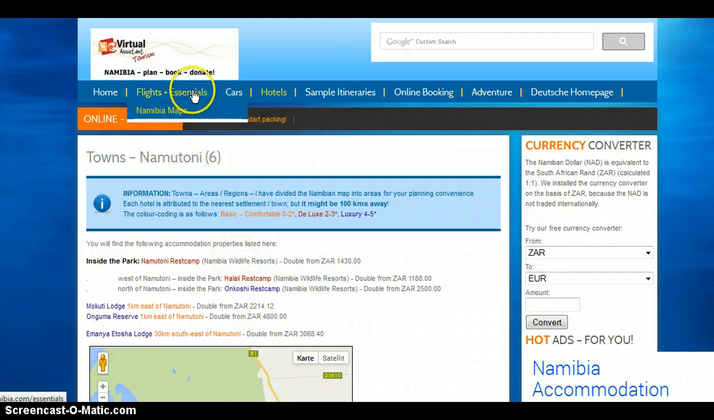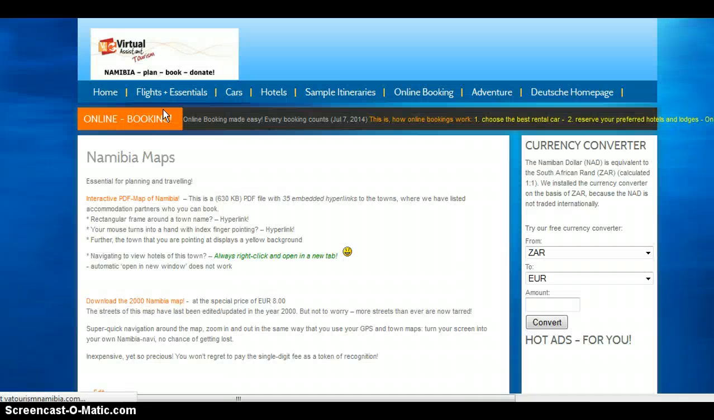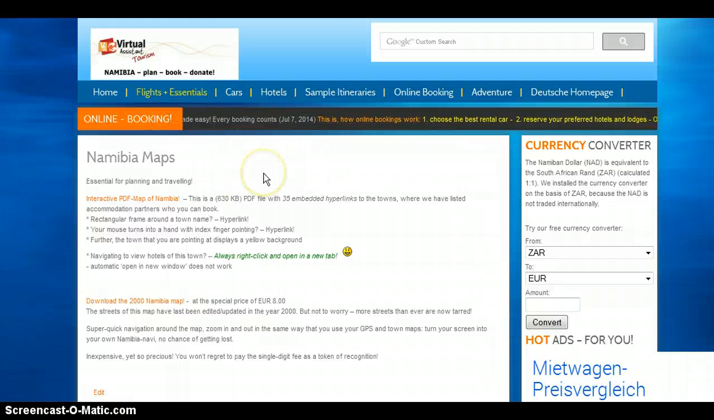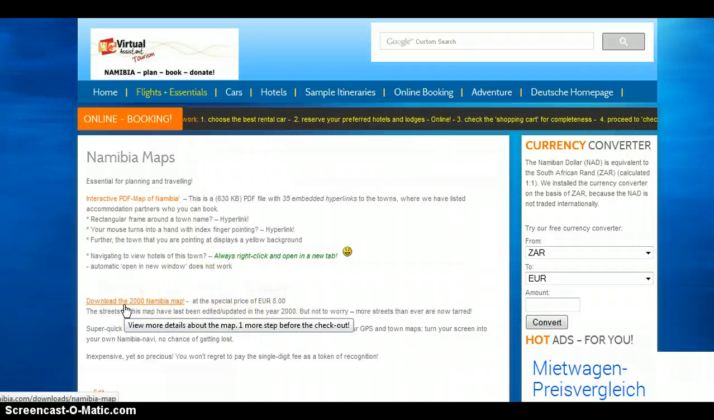Now, if you look at Flights and Essentials, you will see a tab for Namibia Maps. I have obviously linked the Maps tab to other places as well, not only this here, so that people can access the map from all sorts of pages that they are cruising around here on VA Tourism. Okay, here we've got it. Namibia Maps. First of all, I've got the interactive PDF map of Namibia. This is the one that I'm going to show you. And then, for a price of €8, you can download the map, but this would then be without the included